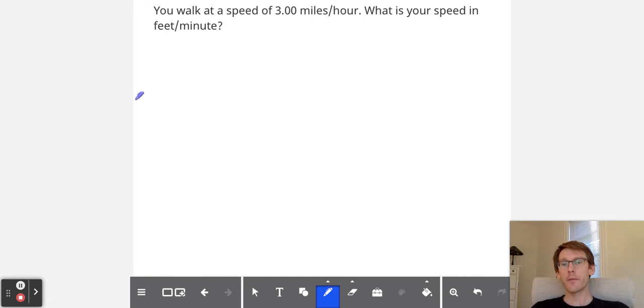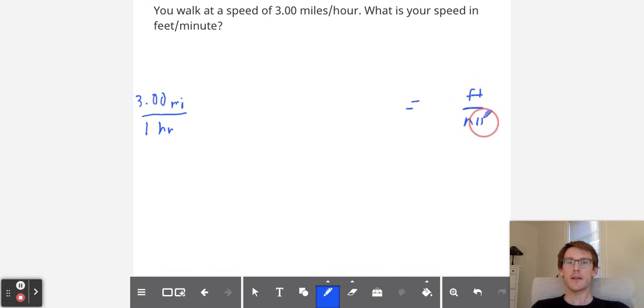I'm going to close this video off with a hard problem, a challenge here. We have 3.00 miles per hour is the speed at which we're walking. And I need to convert this to feet per minute. I'm going to give a little bit of space here, but I need to convert the miles to feet and the hours to minutes. So what I'll do is I will say that in 1 mile, there are 5,280 feet,